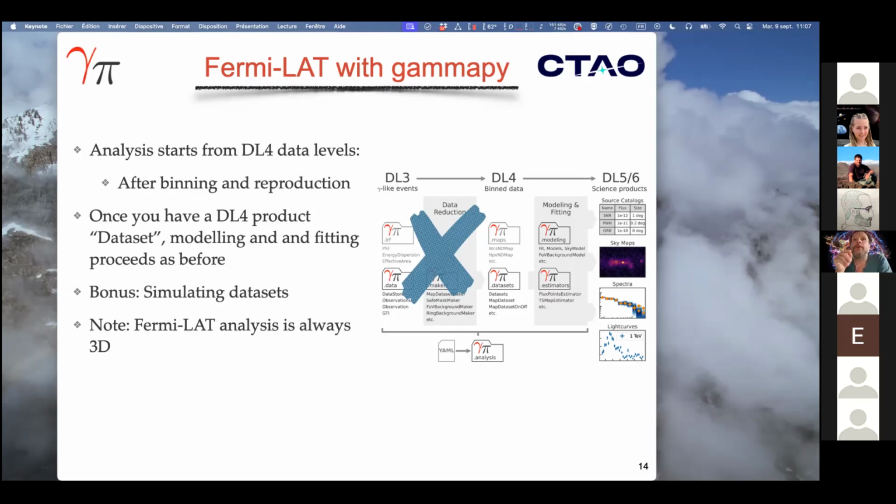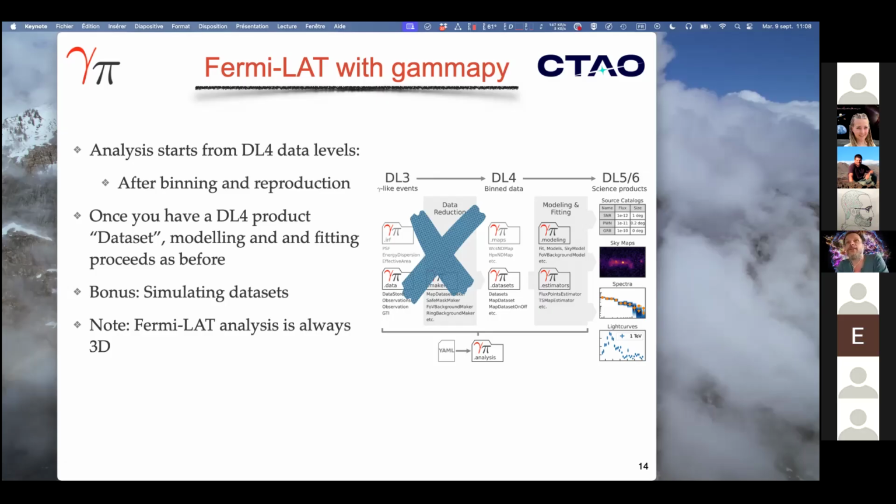What we're going to do with Fermi is that we're not going to do the DL3 step in Gammapy, because Gammapy doesn't know how to produce the PSF of Fermi, or the exposure map and things like that. This will be done externally with the official tool, the Fermi Science Tools, and its Python wrapper called Fermipy. So I have pre-generated those steps for you, and they are on the GitHub. And the idea is that with Fermi, you start from DL4. So you start already with a dataset,